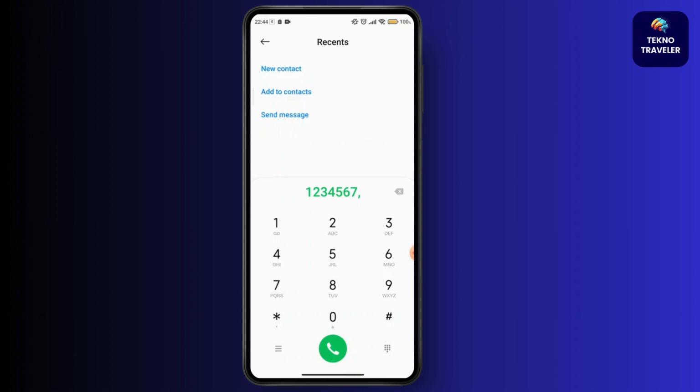So after the comma you have to enter the extension number. So now you have to enter the extension number after the comma. Tap like this. After writing the extension number, you have to tap the green phone button